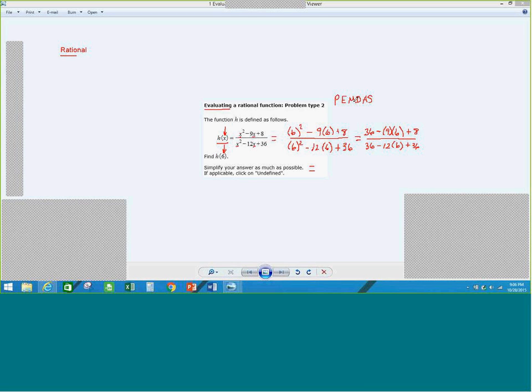We come to the M and the D together. There are really 6 words up here, but it's only 4 steps. So multiplication and division go together, and we do them from the left to the right. In the numerator, we have negative 9 times 6. That's going to give us a negative 54. So that leaves us with 36 minus 4